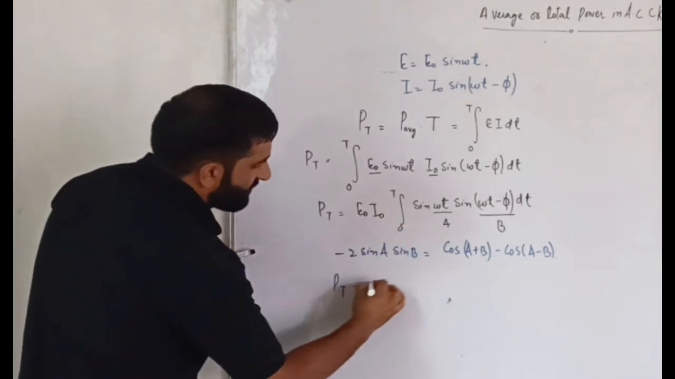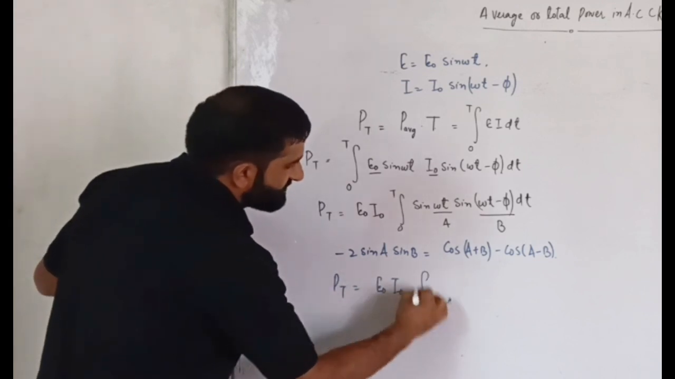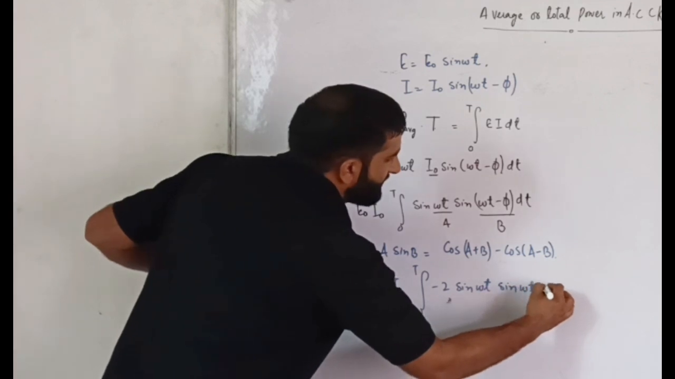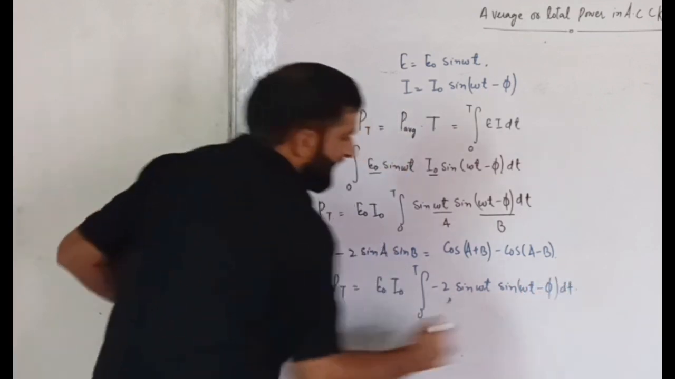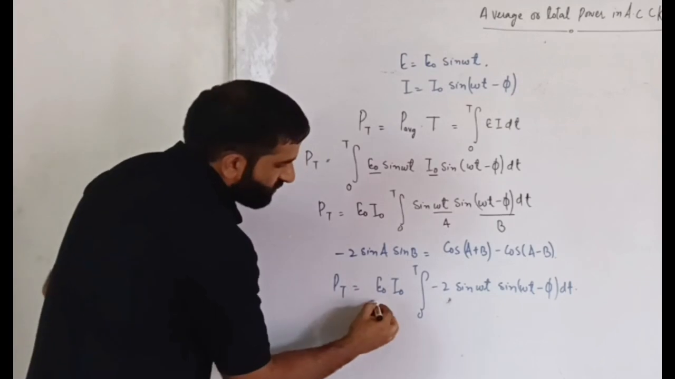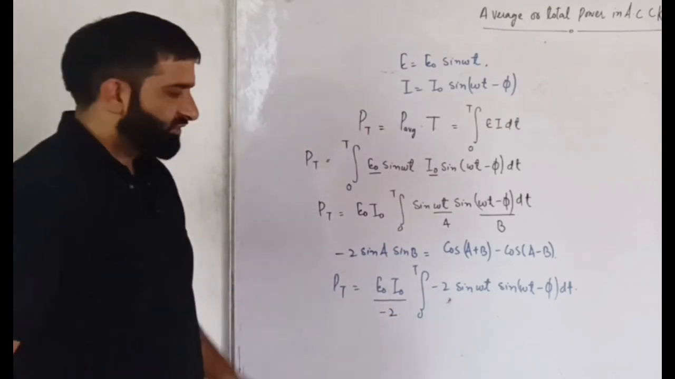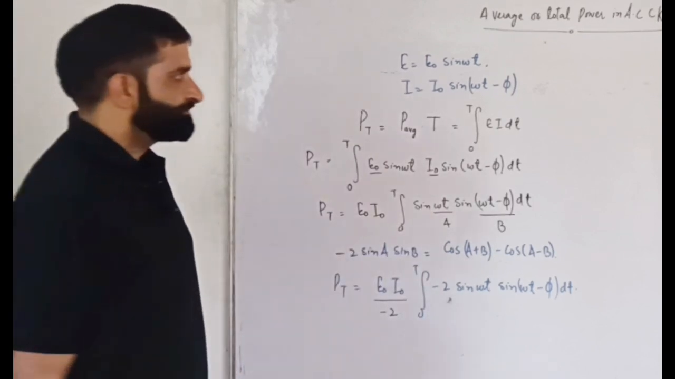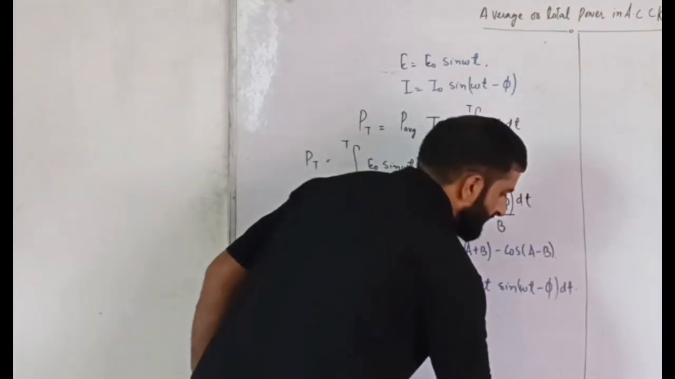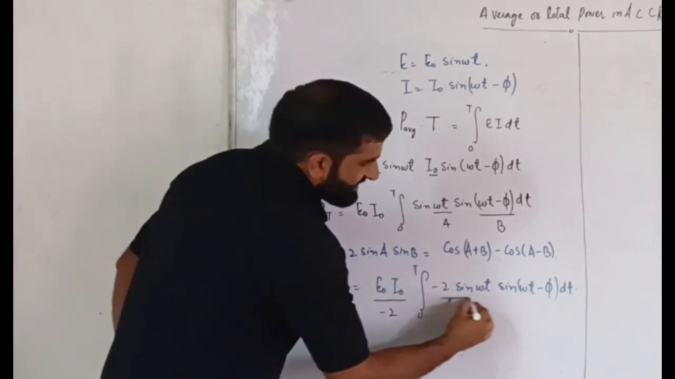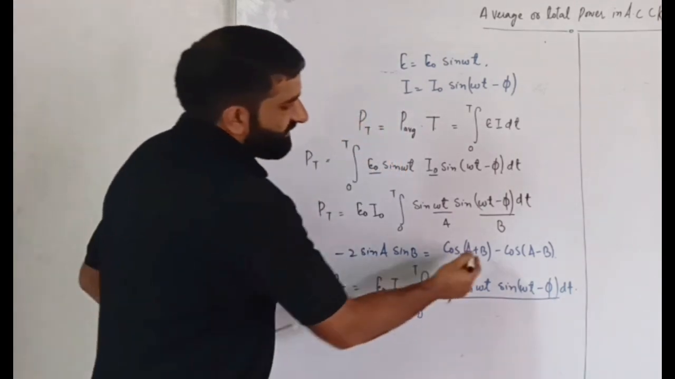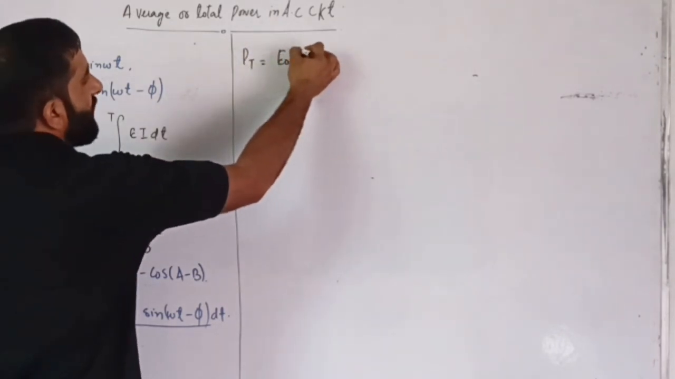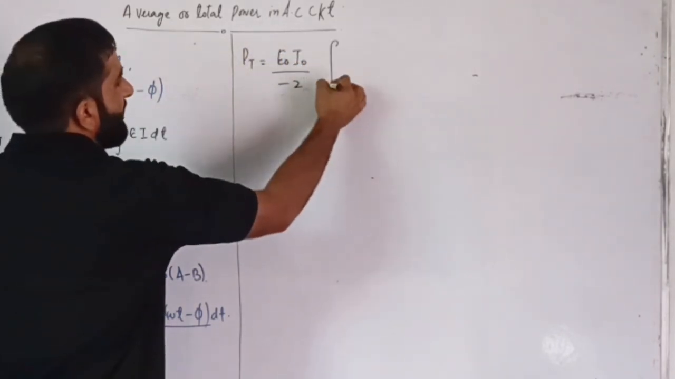So PT will be equal to E0 I0 integral from 0 to t of minus twice sine of omega t sine of omega t minus phi into dt. As we have the product of minus 2, we will divide E0 I0 by minus 2, so that the minus 2 and minus 2 cancel, and we get the same equation. Now this becomes twice sine A sine B, which is equal to cos of A plus B minus cos of A minus B. So our PT comes out to be E0 I0 divided by minus 2 integral from 0 to